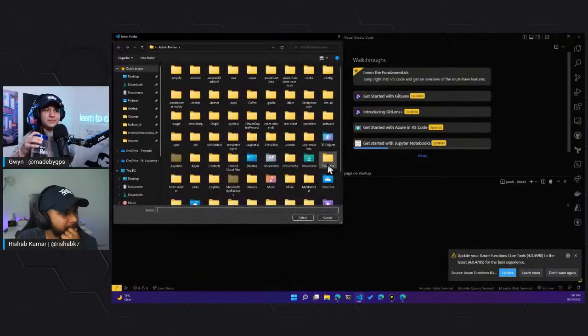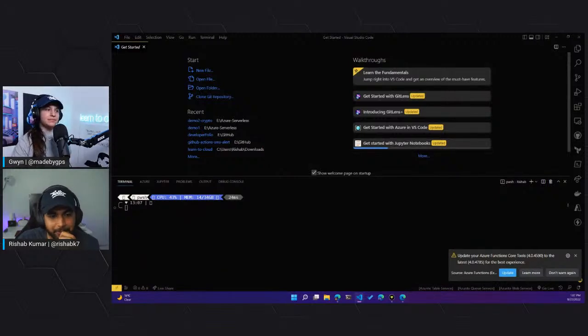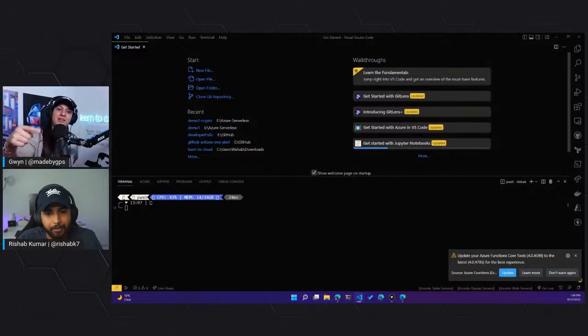So we'll do create new project. And now, if I can get my personal files out of the way. While you do that, people get confused a little bit, because you think function app and then you think function. A function app can have multiple functions, but because those two are sort of the same word, it can get confusing. Right now what you're doing is creating a function app, and then you can create individual functions inside of that app itself. But yes, thanks for clarifying.